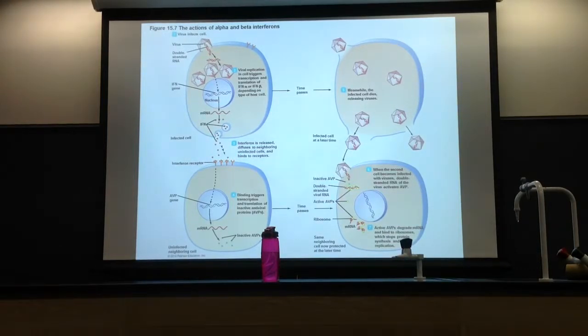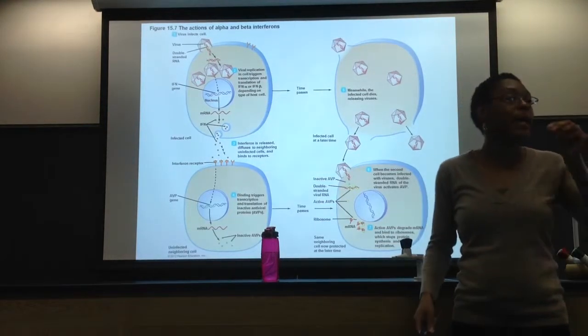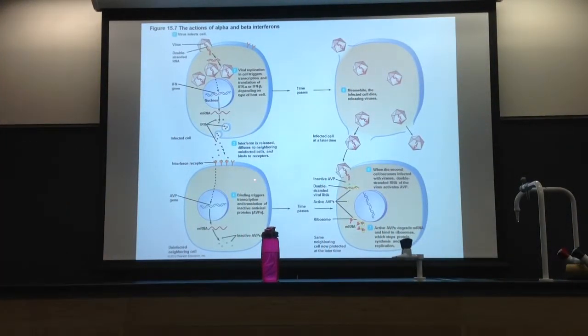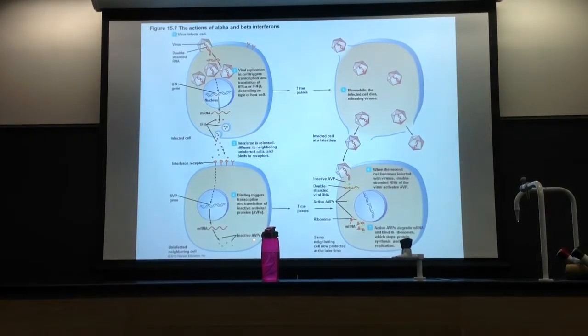Now what? When the interferon gets to the neighbors, they know there's a virus out there somewhere. I need to do what? Protect myself. Make sense? So what this cell will do is make antiviral proteins, AVP for short. Because he knows somebody's infected, but I'm not going to go out like that. So this cell that has interferon bound to it will make what? Antiviral proteins. Right now, these AVPs are not active.